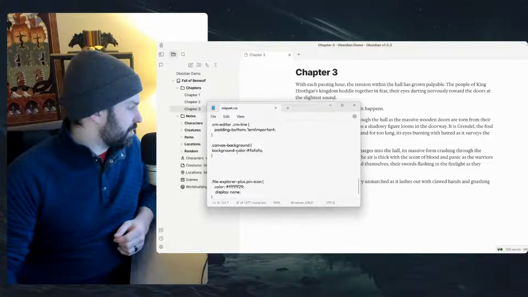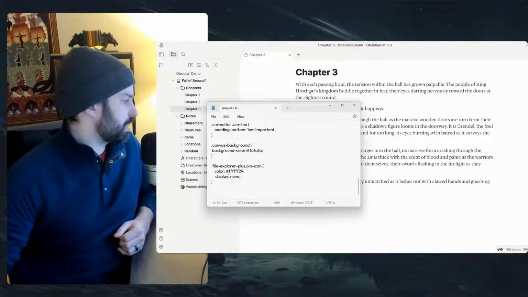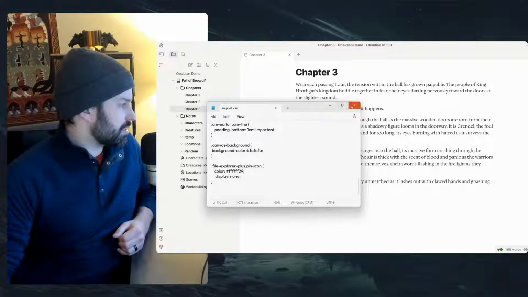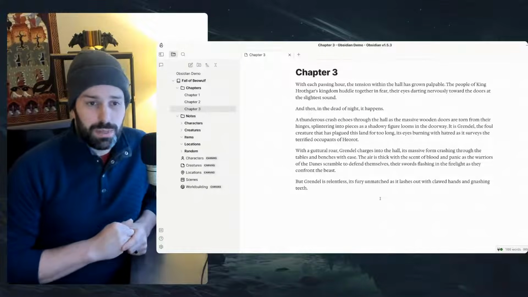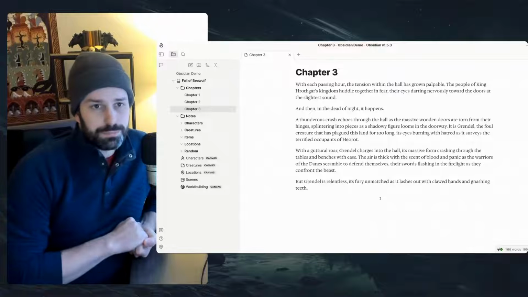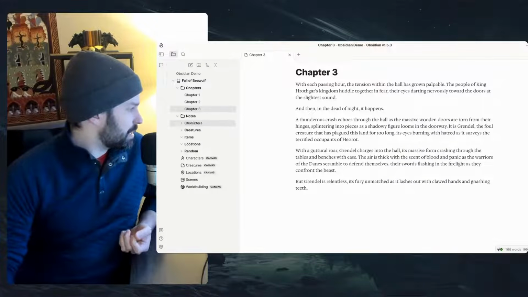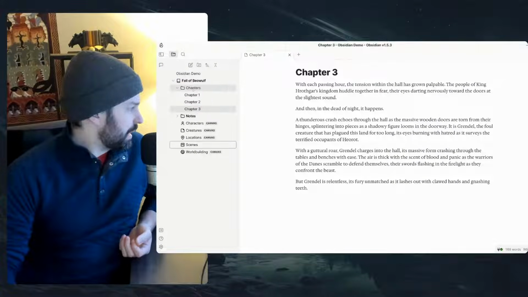I don't know. The rest of this stuff is forcing specific colors, forcing specific color on icons and stuff like that. So again, if you know CSS, you can mess around with that, or you can just delete the whole thing and go back to a standard Obsidian setup. So I think that's largely it. There's the notes, there's the chapters. It's got the cool little icons,